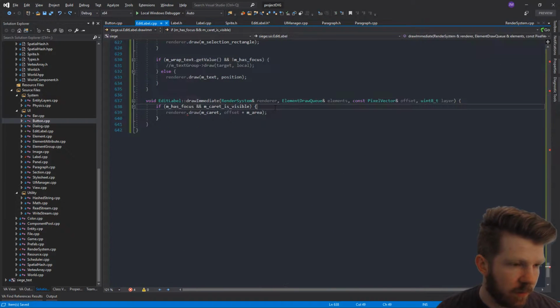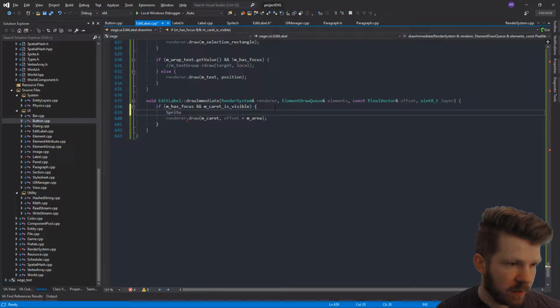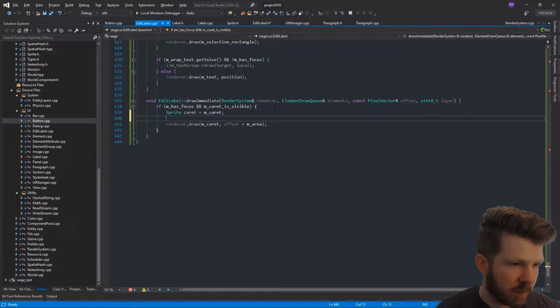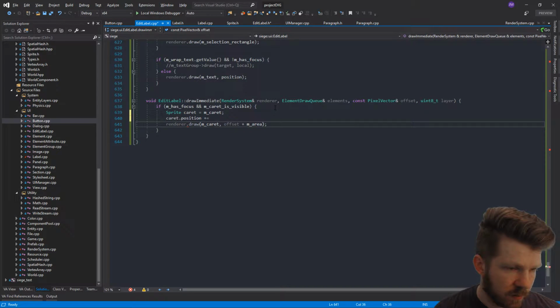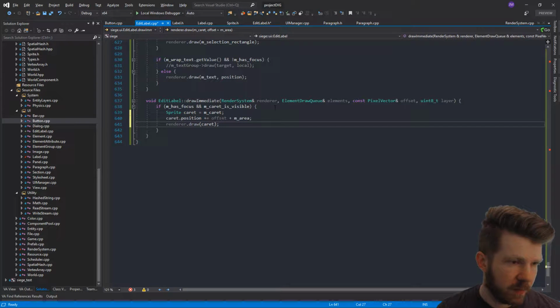It's honestly probably better for me to just say sprite caret is equal to m_caret, make a copy of it, and then set the position, or add the position like this. This is probably the better way to do it. Don't like it. It's kind of lame, but